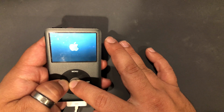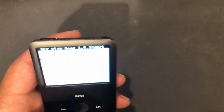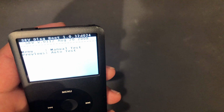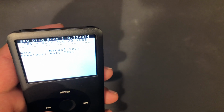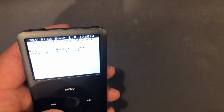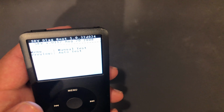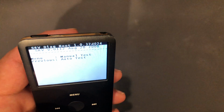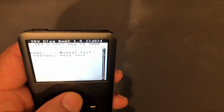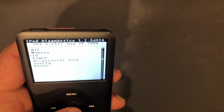So I'm going to not test the hard drive, but I'm going to go into the diagnostic page and just check the hard drive. You get to this menu, this diagnostic menu, by holding menu and center until the iPod screen goes black and it starts to reboot. Then as soon as it reboots, you immediately have to press and hold left and center until the screen goes white and the screen pops up. So you want to go to menu for manual test, click down and then click on I/O,